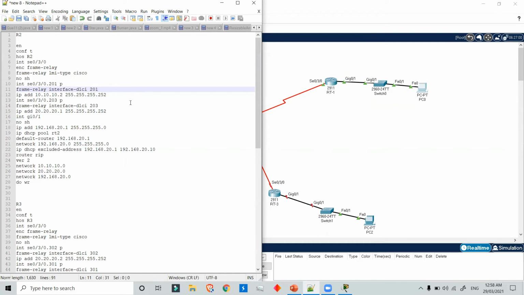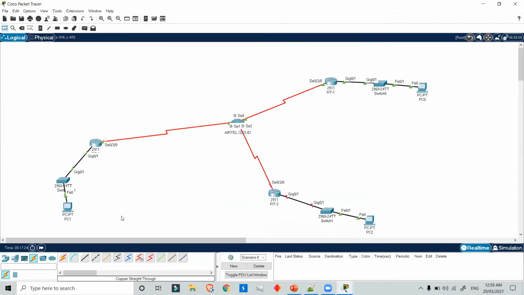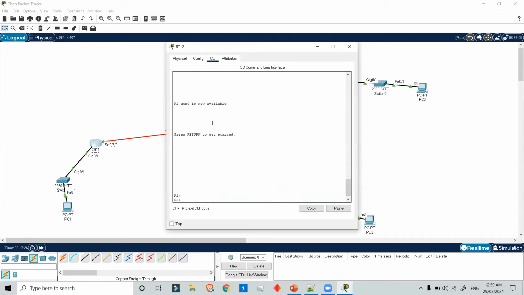Similarly for 203, which means router 2 to router 3, we have given the IP address 20.20.20.1. Then we have implemented the IP DHCP pool and provided the IP address to the PC dynamically. So now we will implement this code into router 2 and paste it here.